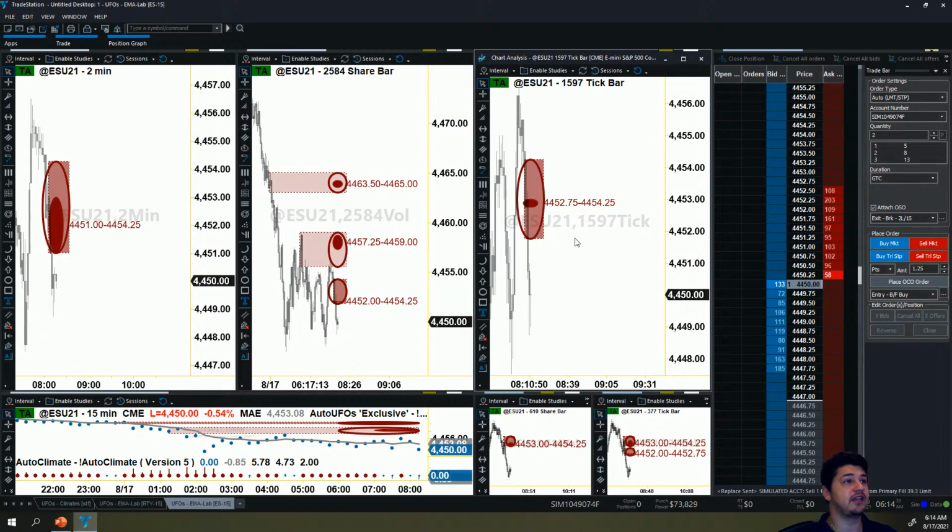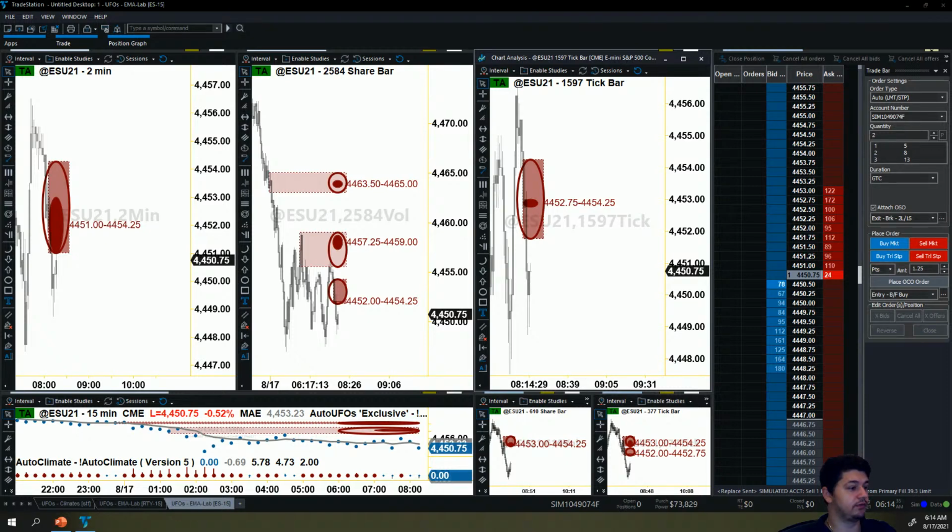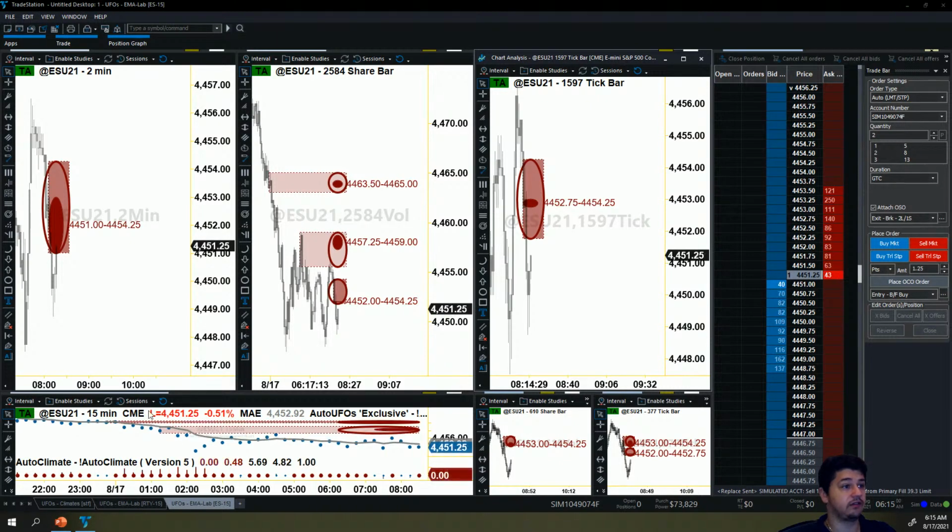So across the board, looking the same. All we need in this scenario, because this is essentially the same values on this UFO, all we need for all of this to happen is to get a confirmed climate in about a minute from now. All right. So that's where we're looking right now. Let's see where we're going to land. All right, here we are.